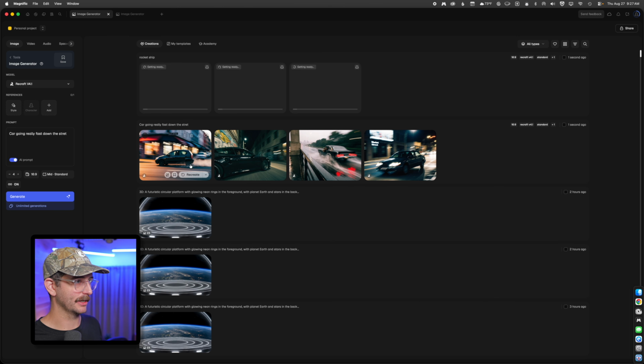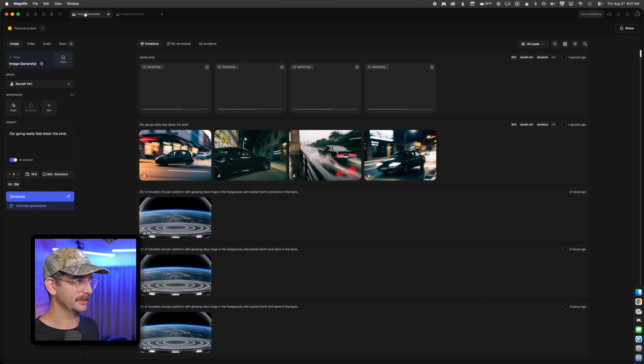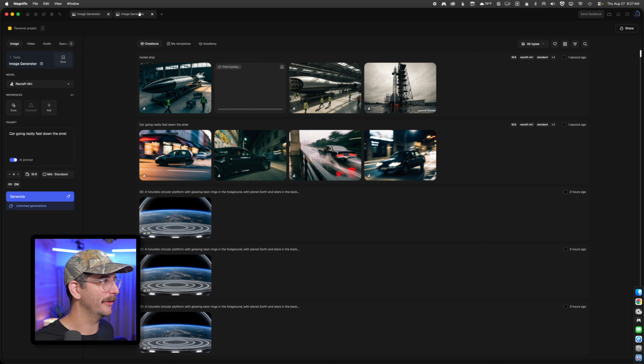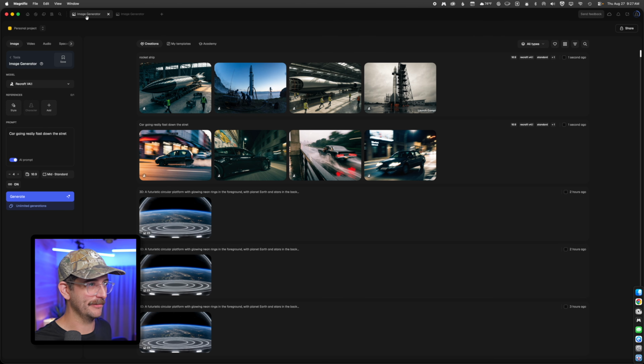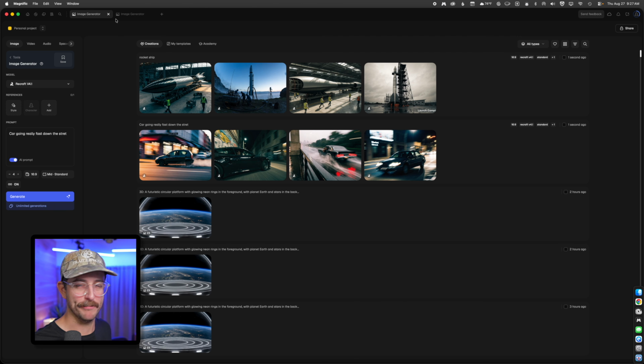So on this tab here, I got all four. New tab. Yeah, the new tab doesn't have all four. Interesting. It also doesn't smartly label the tabs on the top, so that's a bit of an issue. Can I rename those tabs? No. So if I am working on something here and then something there, I guess it doesn't make sense. Like, I guess I wouldn't make multiple tabs for just two different generations, but